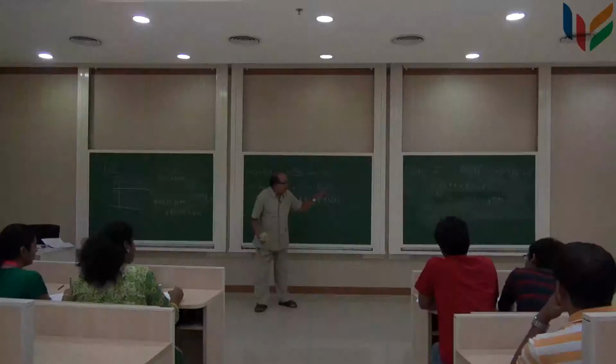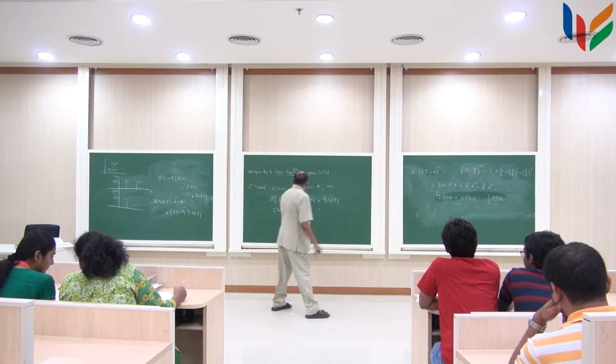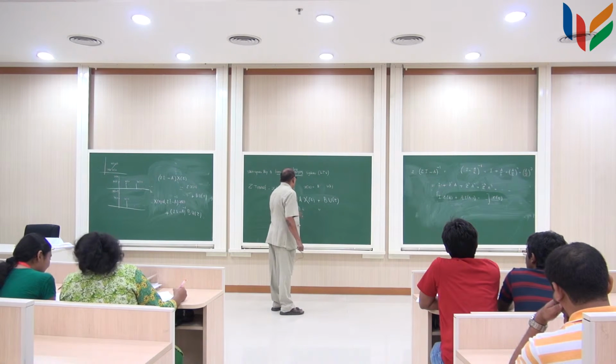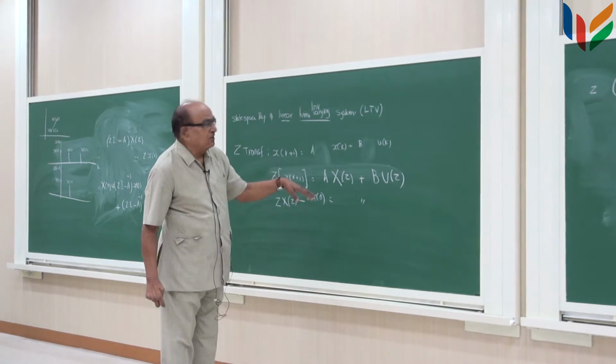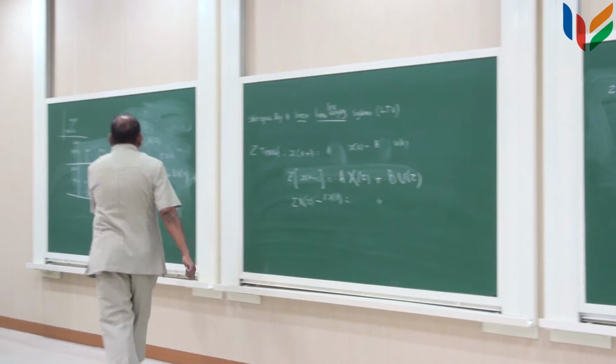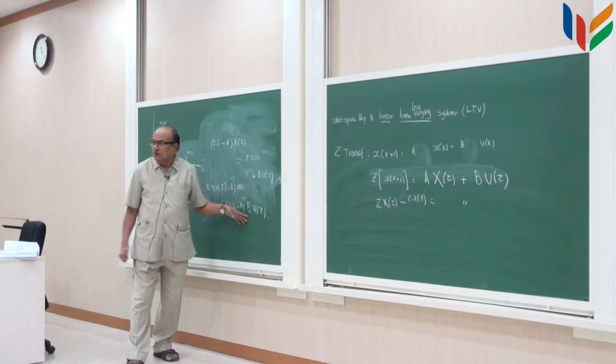So, the kth term in this will be just equal to A to the power of k into x0, and that is the solution we have got for the ZIR in the time invariant case. So, it matches. As far as the ZSR is concerned, then what do you get is the ZSR part here. This is the ZSR part,